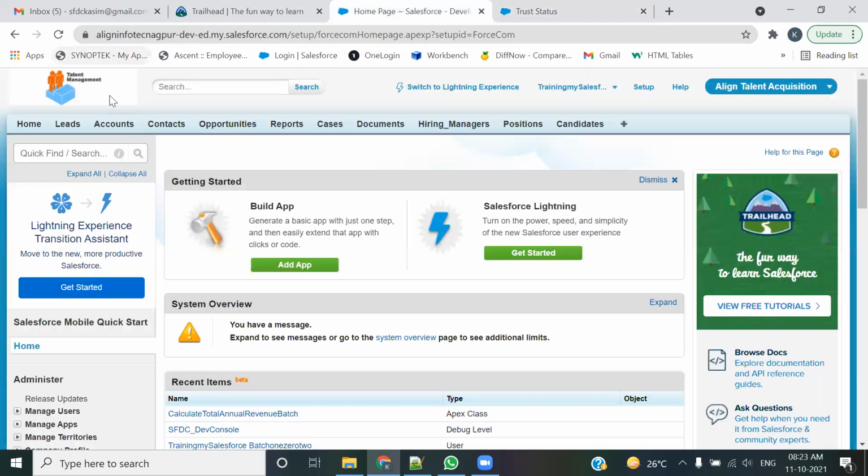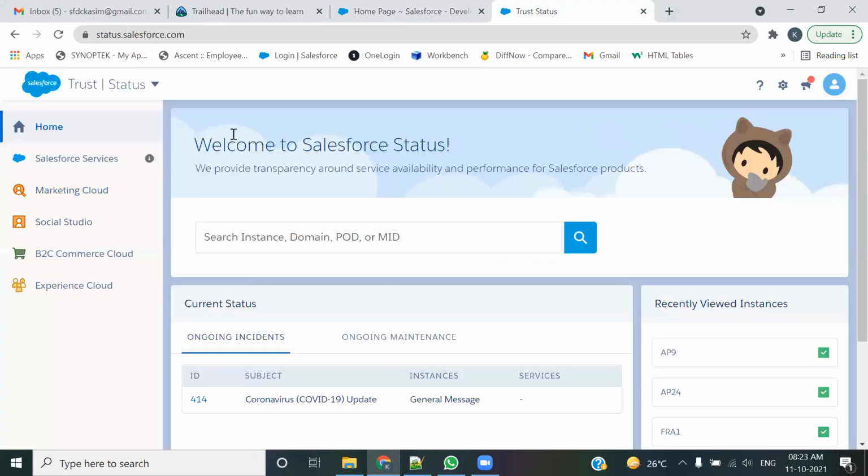But if I wanted to log into the application, if I wanted to go with login.salesforce, it requires me to enter the password and the username also, right? So any cloud-based application, how could you access that? You just require a browser and you require internet for this. These are the only two things we require.